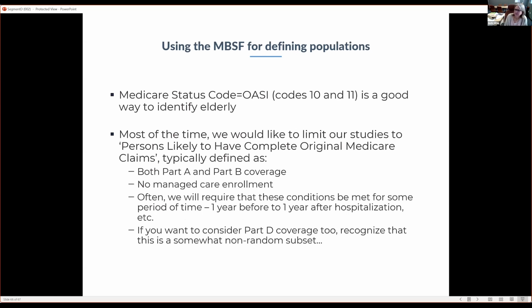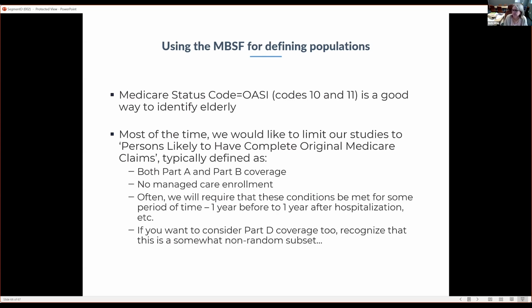As a reminder, the Medicare status code 10 and 11 is a really good way to identify the elderly. Many times we want to limit our studies to something sort of like persons likely to have complete original Medicare claims. This is typically Part A and Part B coverage, equal amounts, but in the first year you can have one more month of Part A. No managed care enrollment. We often require that these are met for some period of time. For example, for hospitalizations, we often want a look back period. So we'll say from 1 year before an event to 1 year after,